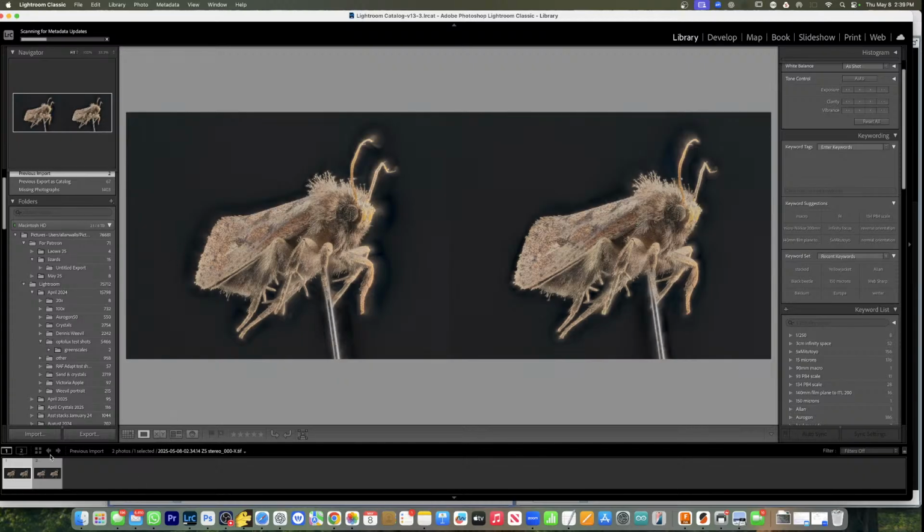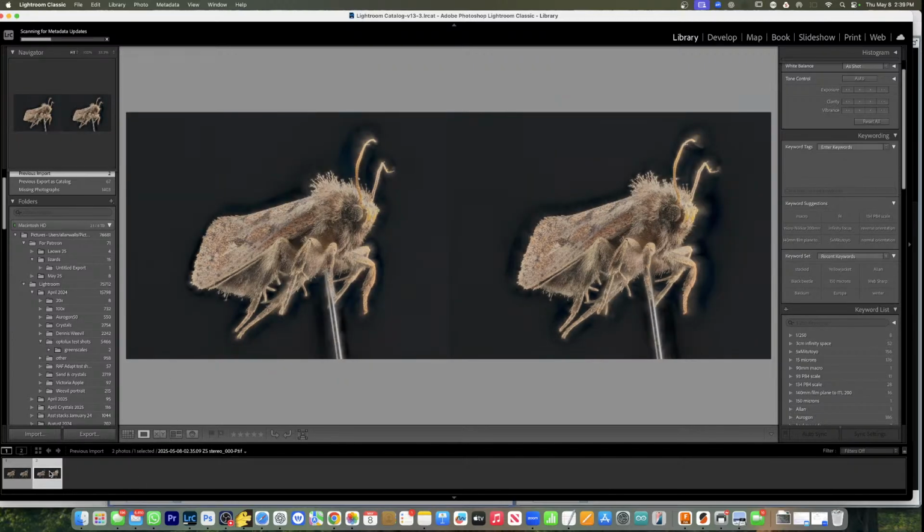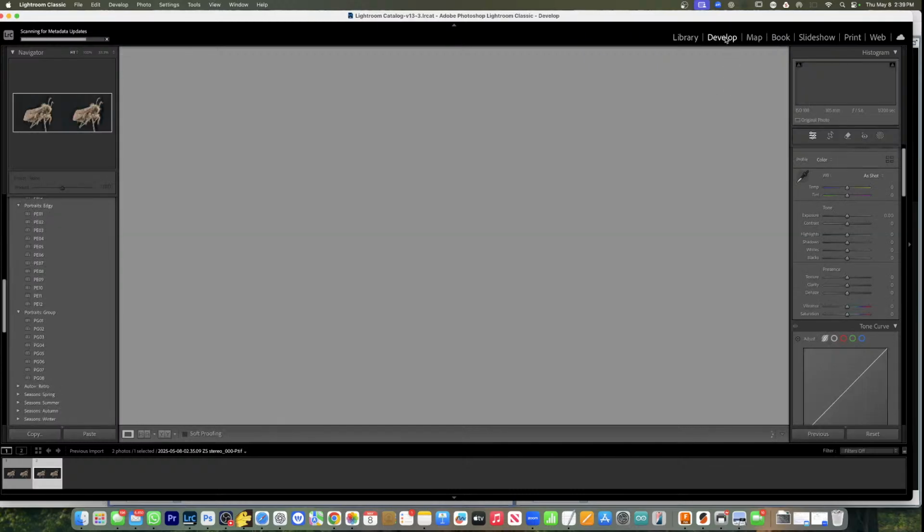How about that? It worked. If we open the other one, ends in P. There you go. That's the parallel pair. Now, about post-processing or editing your photographs, you can do pretty much anything you want in the develop module in